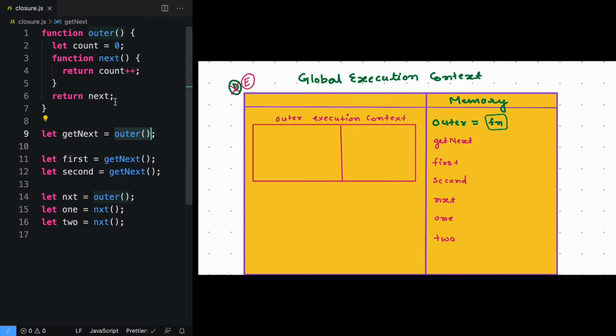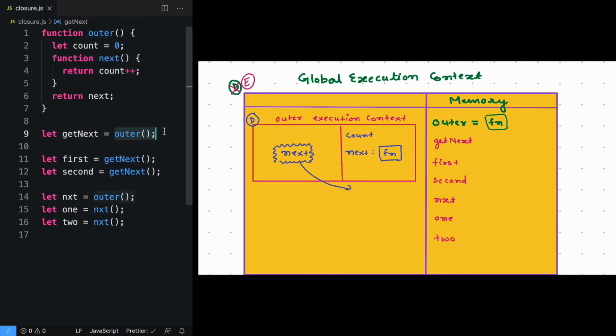And this will also go through the first phase, that is declaration phase. In declaration phase, what are the declarations we can look inside? So the first declaration we are looking inside is count. What is the value in declaration of count? Nothing, because let doesn't initialize it. The second declaration we can see is a next function. And next is a function. And we know that because there is a difference between the behavior of a function declaration and a variable declaration. From here, we are returning next. So to understand what is the value of next, we'll go into the memory and see next is a function, right? So we'll return this from here.